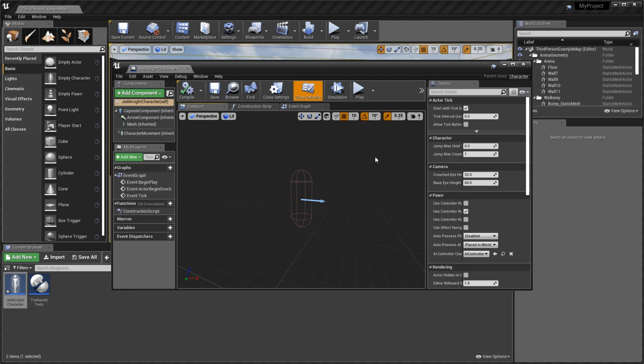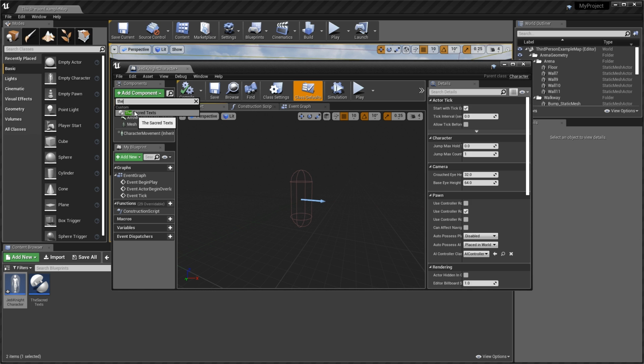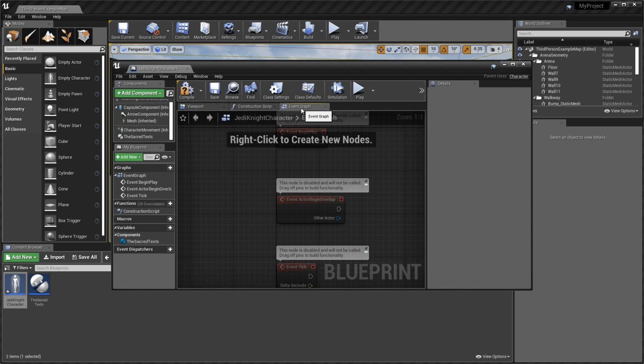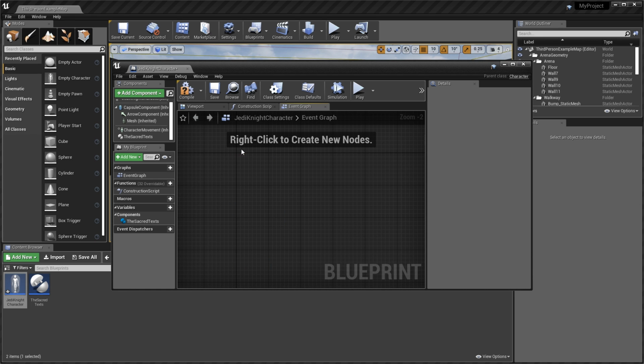So to be able to make this character distinguishable from a regular character, we need to add this behavior to it. You'll see up here there's a massive green Add Component button. And if you click on this and type in the sacred text, you'll see it shows up in the search, and we can plug it into our character. Let's hop over to our event graph. You'll see that it gives us some default functions, and we can get rid of these,